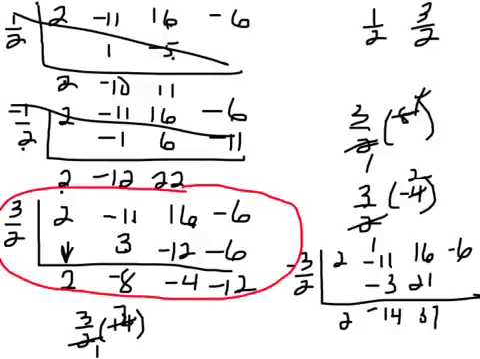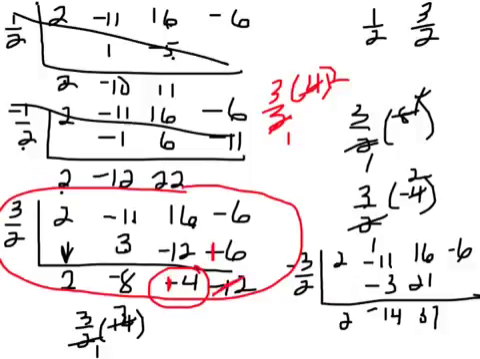It can happen. You bring down your 2. 3 halves times 2 is 3. Negative 11 and 3 is negative 8. 3 halves times negative 8 is negative 12. 16 and negative 12 is not negative 4. It is a positive 4. That's where I messed up right here. And then 3 halves times 4 would be positive 6, and this would be 0. Okay, so we have our 0. It is